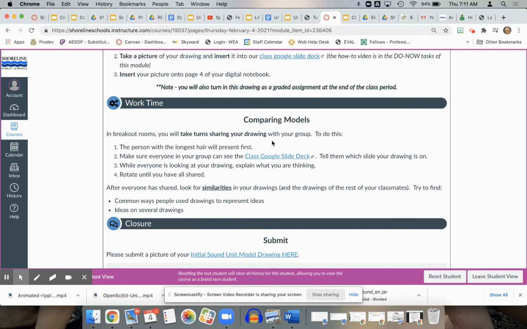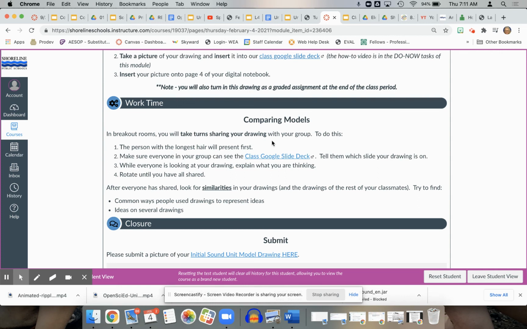as science thinkers, we all have different ways of showing what we think is happening. And there is no wrong way to show. In fact, it's critical that we have a diverse perspective of how we might represent some of these ideas. And there are going to be some similarities. So as you go around and share what you have done in your drawing to explain how Ben can see with sound,